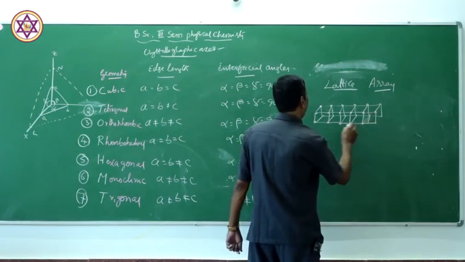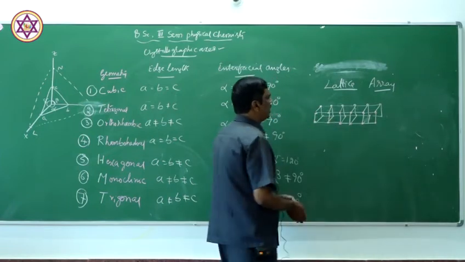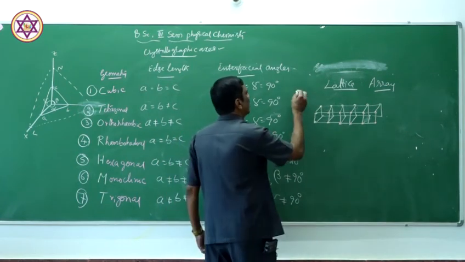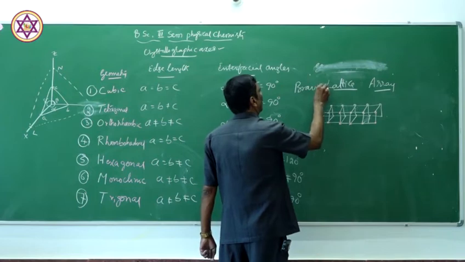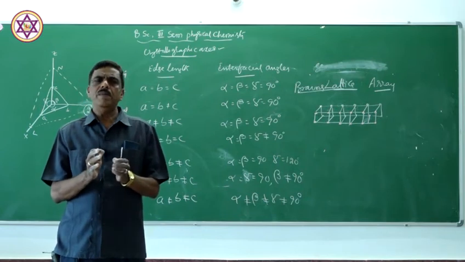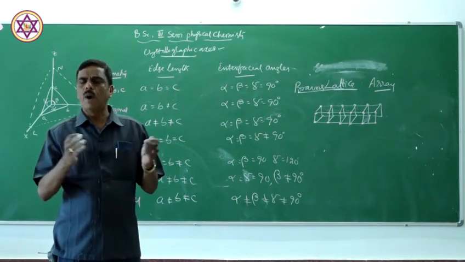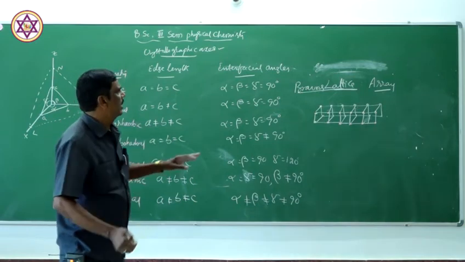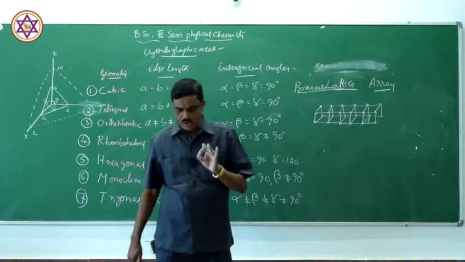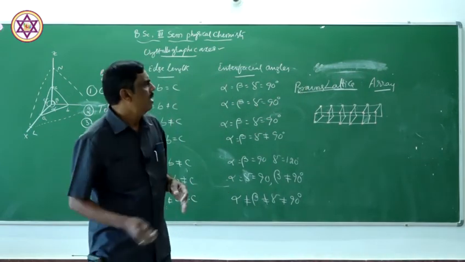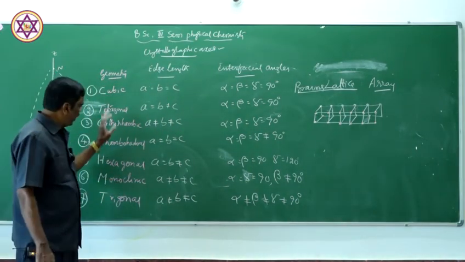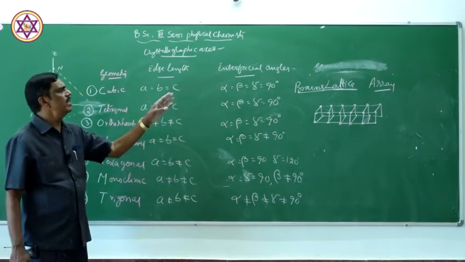Three-dimensional array. This three-dimensional array is called a Bravais lattice. Bravais lattice indicates the three-dimensional geometrical shape, three-dimensional arrangement, three-dimensional bonding of atoms or molecules. Bravais lattice indicates the actual number of atoms in a crystal. Therefore, even in case of these geometrical shapes, there are different types of arrangements, Bravais lattice.